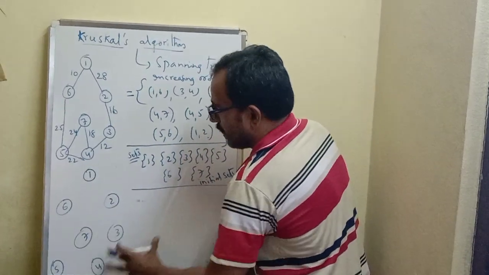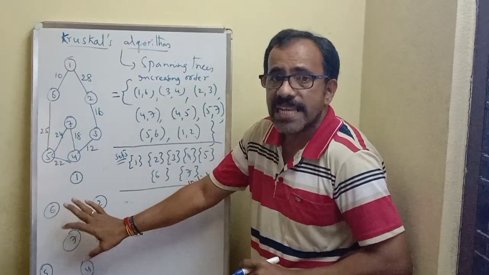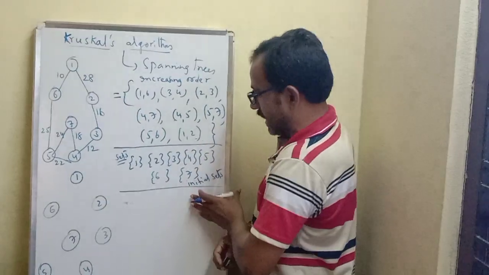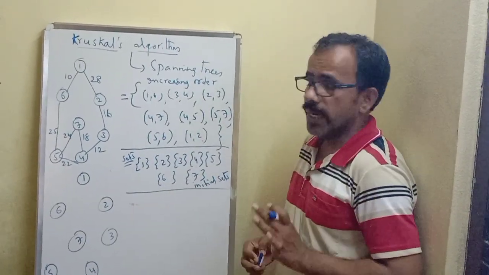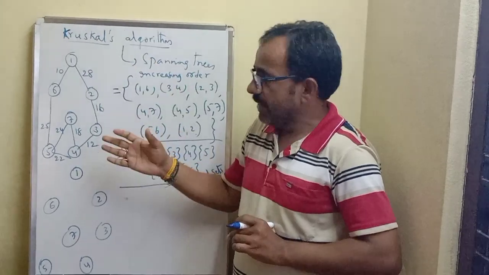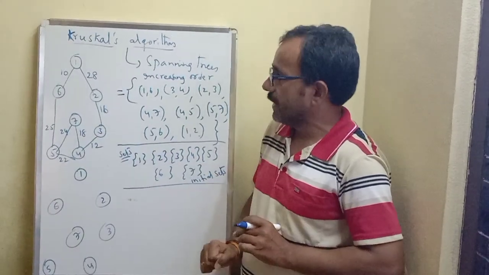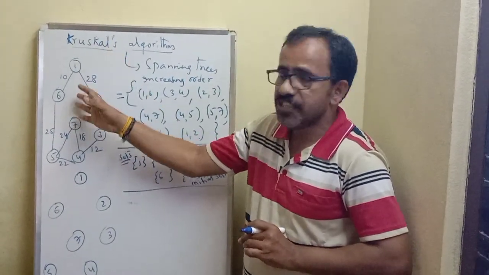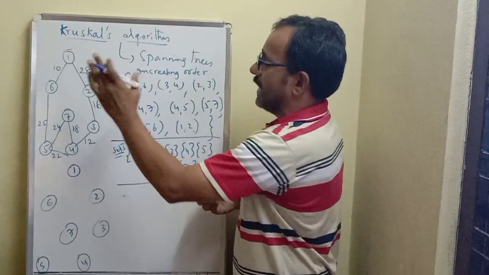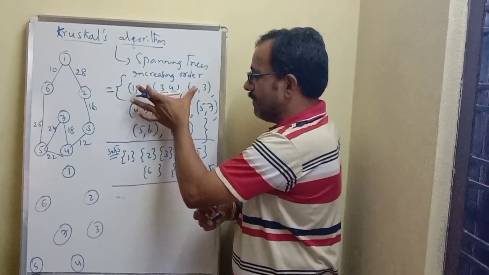Whatever nodes you have considered in the spanning tree as individual nodes, now treat each node as one set. Like that, first construct 7 sets, each containing one node. According to Kruskal's algorithm, every time select the lowest cost edge that is not yet included in the spanning tree, and verify whether including that edge forms a cycle or not. We need not worry about selection here because we have already arranged the edges in increasing weight order.